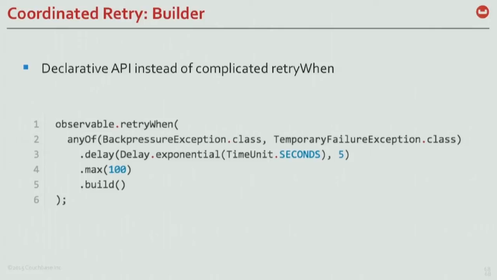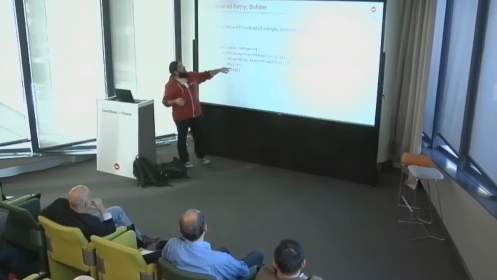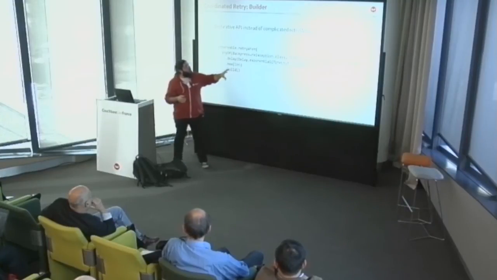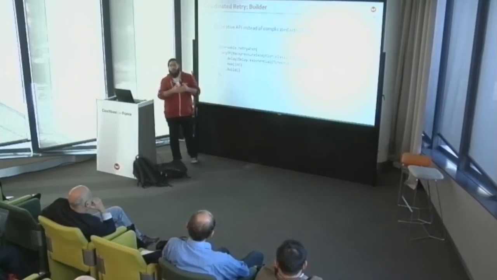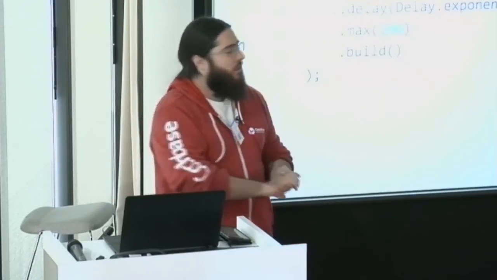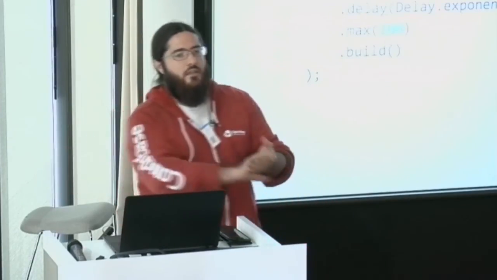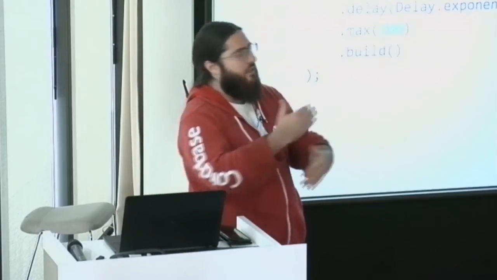And basically, you define a retry strategy. You build a retry strategy. Each time I receive a backpressure exception or a temporary failure exception, it means something is wrong with the cluster, but that was at this particular moment. It might not be true anymore. So what I'm going to do is retry with a delay. And I'm going to say it's an exponential delay, which means every 5 seconds, or 10, 15, etc., for 100 times, I will retry. So you get an error, it's a backpressure exception, you retry 5 seconds after you get the error. You get the same error again, you wait for 10 seconds. You get the same error again, 15 seconds, etc., until 100 times.